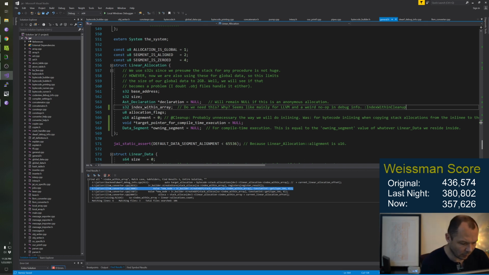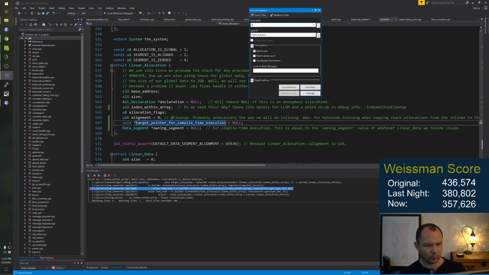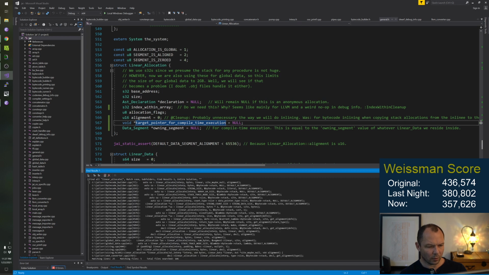The index within. So I keep seeing all these things that I can clean up. But that's fun. It's just fun. Okay, so actually we want new data segment allocate.